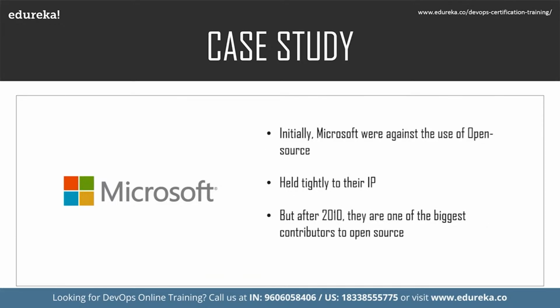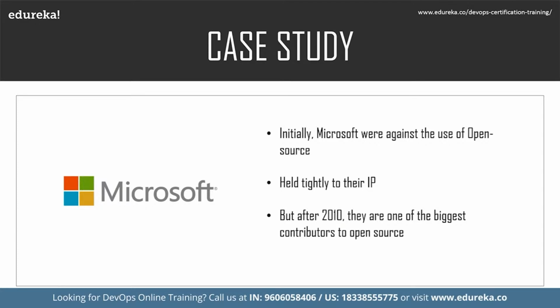So initially, Microsoft was against the use of open source because they held very tightly to the intellectual property. They were completely hesitant to adapt to this new concept of sharing code to the entire world. But in 2010, they rethought this entire scenario, and now Microsoft is one of the biggest contributors to open source. Today, about 2,000 to 25,000 Microsoft engineers maintain TypeScript, .NET, Windows Terminal, Dapr, Helm, and more than 1,000 other open